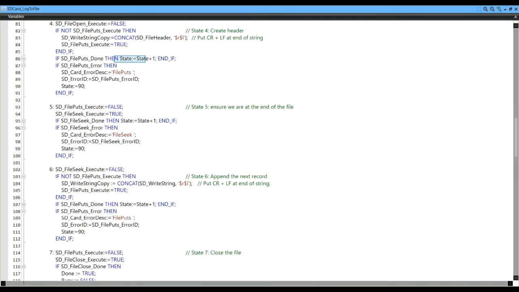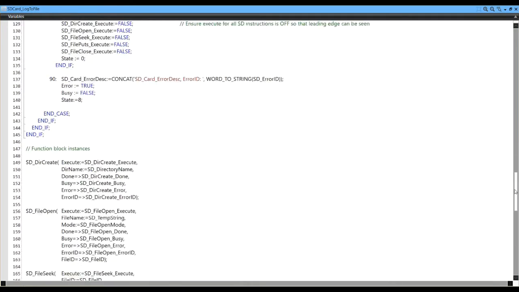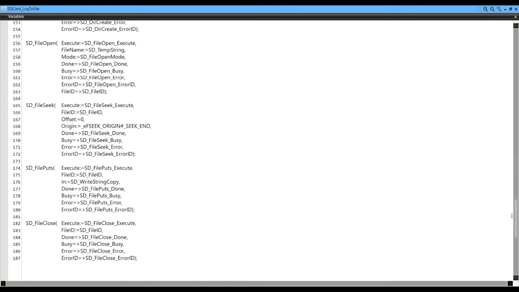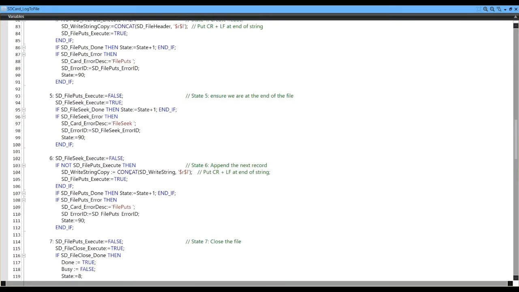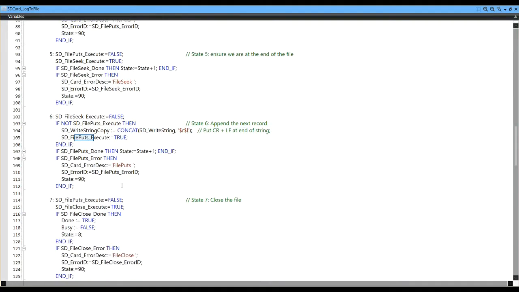and we then do a file seek. File seek execute here. If I scroll to the bottom, let's have a look at the file seek execute. And you can see what we're looking for is the end of the file. So the file's already open, or is already created, we want to go to the end of that file. So that's the function of the file seek, just to jump to the end of the file. When we've done that, we take the log string we want to write, just append a character return and line feed on the end, and then again file put execute is true, so it writes that line to the CSV